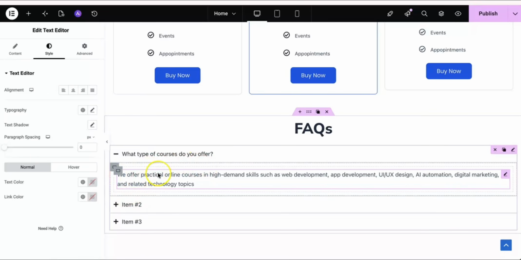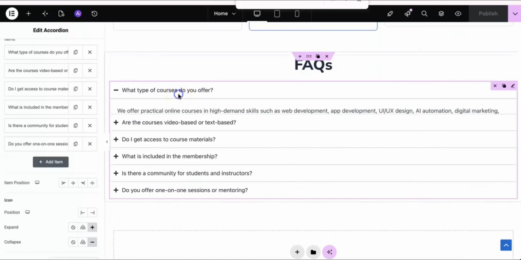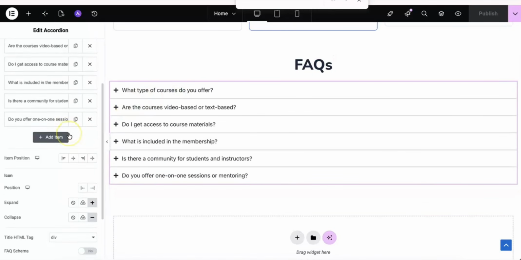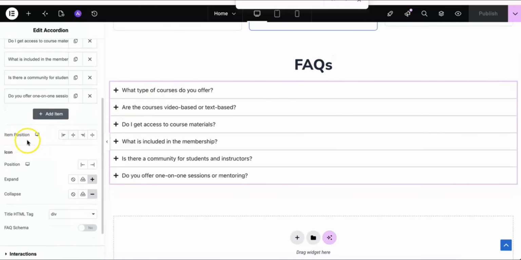So this way we will add the 5 or 6 FAQs. So here I added 6 FAQs, and let's see, from here we can set its alignment,